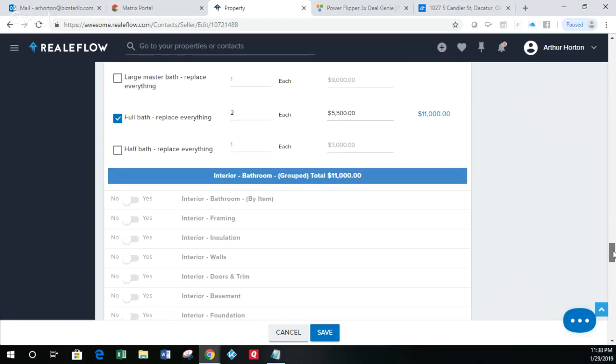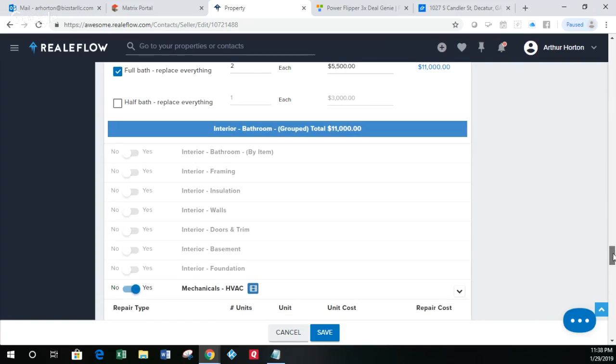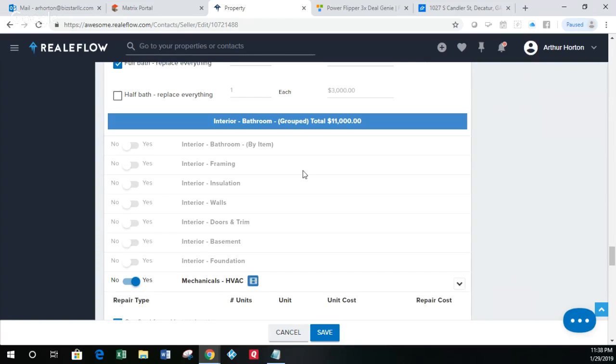showing 1 right there. Interior bedroom, what I went with was, I left that alone other than the carpets because I didn't see any issues as far as wall damage or anything like that. Again, it's your choice on how much you want to estimate for your repairs. In this case, I left all that alone, and I just moved on to simply look at the repair estimate